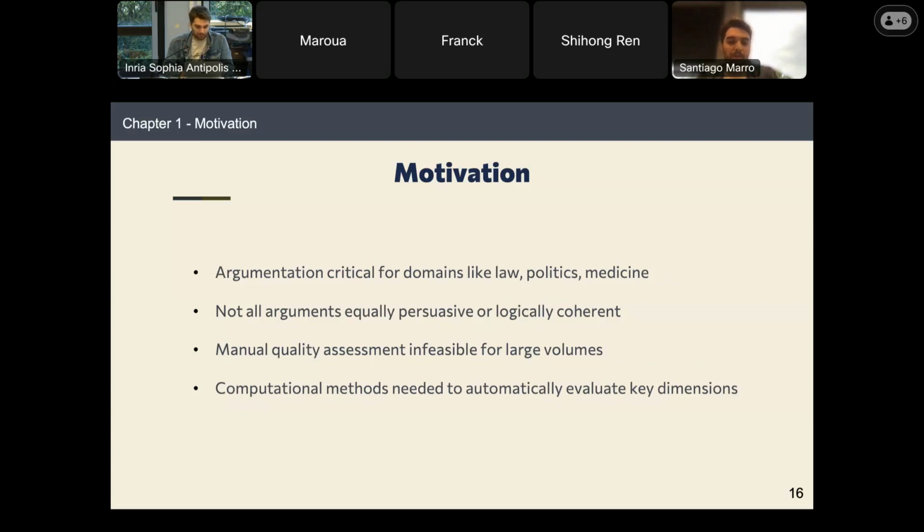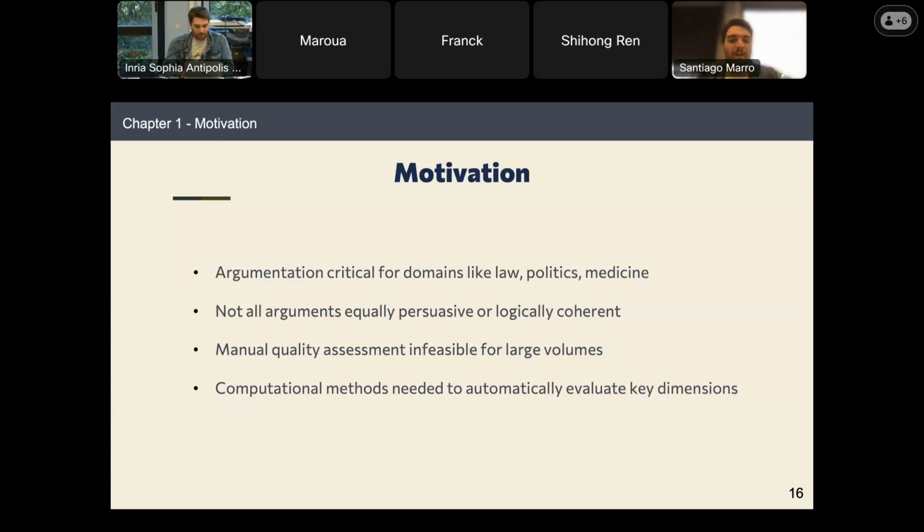More so, nowadays, we have all of these generative AI systems that allow us to actually generate arguments, but we don't have a way to assess their quality. So this creates a need to have a way to assess not only the quality of the arguments, but to assess large volumes of them, since, well, the generation can be infinite, let's say.